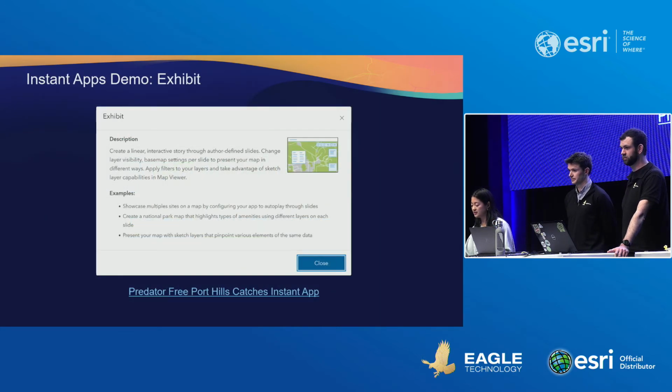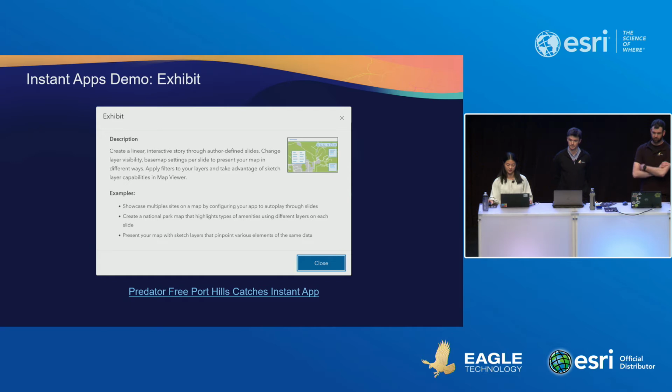And introduced recently, there is a new instant app called Exhibit, which is a replacement for Map Viewer Classic presentations. It allows you to deliver a presentation that you can use to tell a story, using interactive slides and each with the option to set different map extents and other settings. So here I have one that I made earlier, following on from the Predator-Free Port Hills initiative. And so this showcases